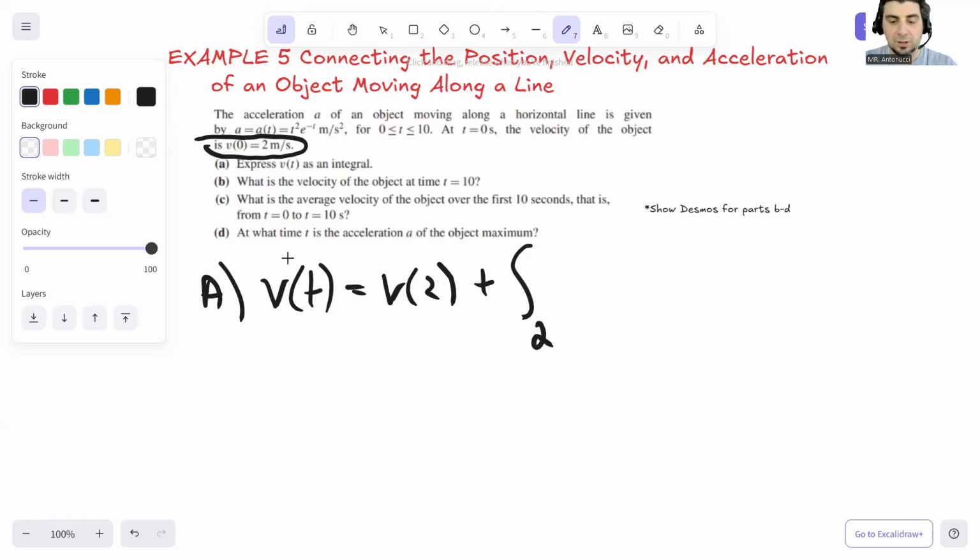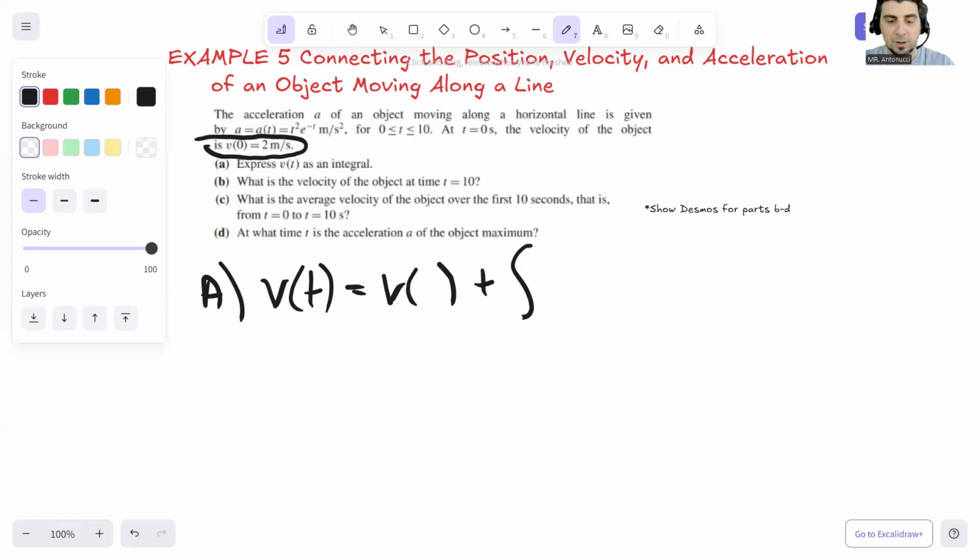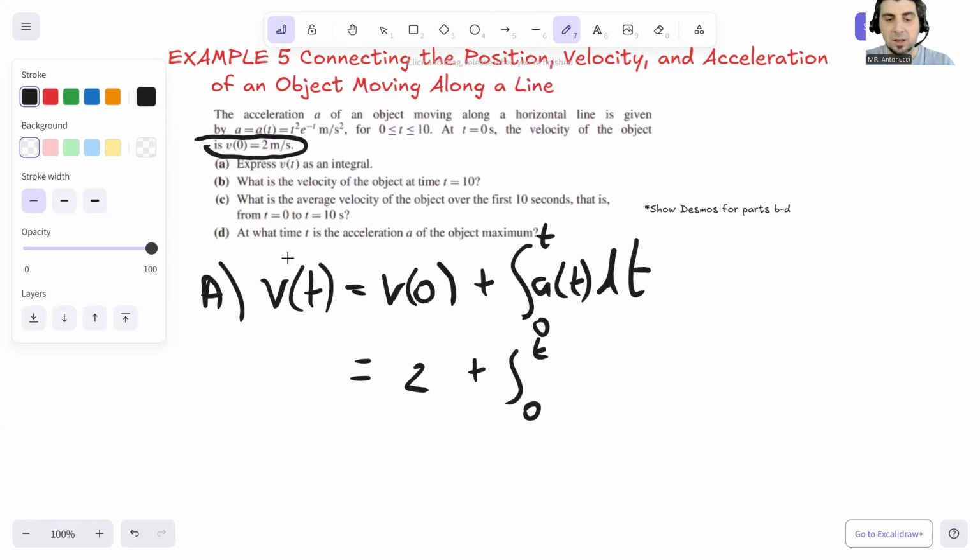2, not 2. I accidentally wrote that in there. So let's erase this, fix that up. So v of 0 from 0 to t of a of t dt. Now, that would be enough. We could get more specific and write 2 plus the integral from 0 to t of t squared e to the negative t dt. For part B, v of 10,